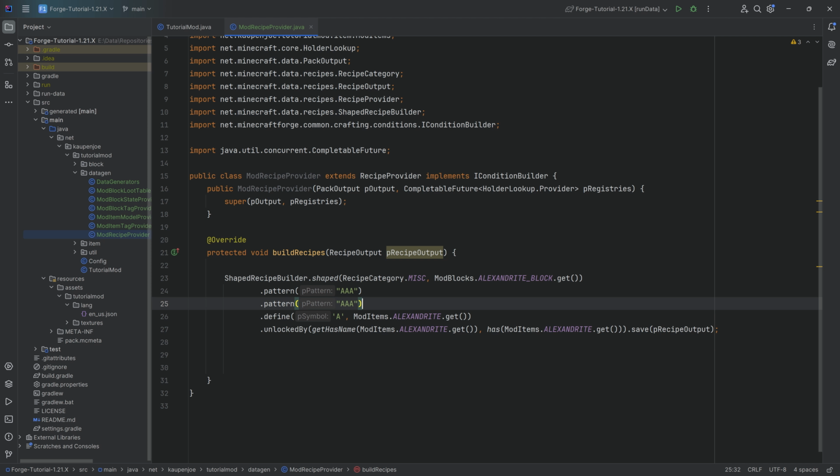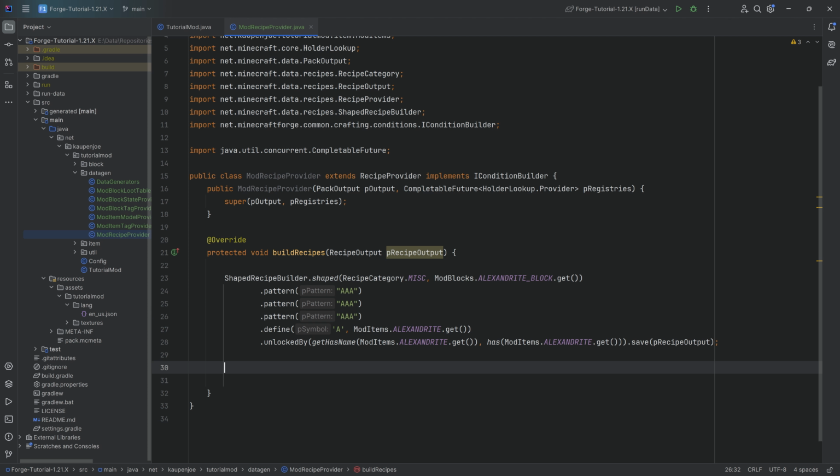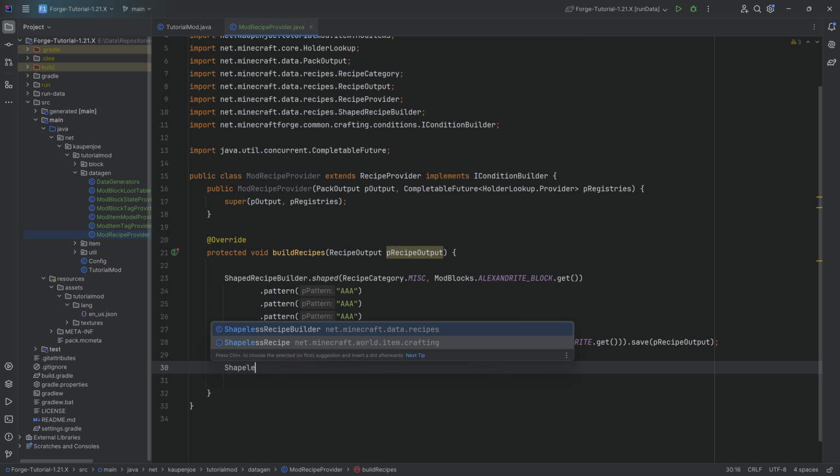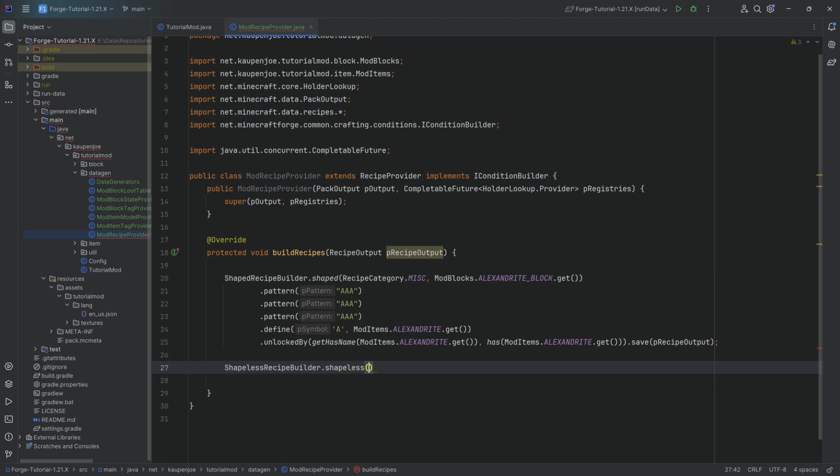And you can, of course, also do, in theory, that, right? Then you need 2 lines of this. All of that can be done. Same with the normal recipes. That's a shaped recipe. A shapeless recipe is going to be done by doing shapeless recipe builder.shapeless, passing in, once